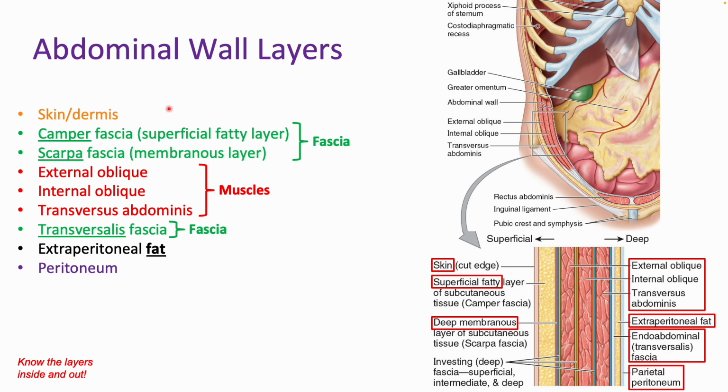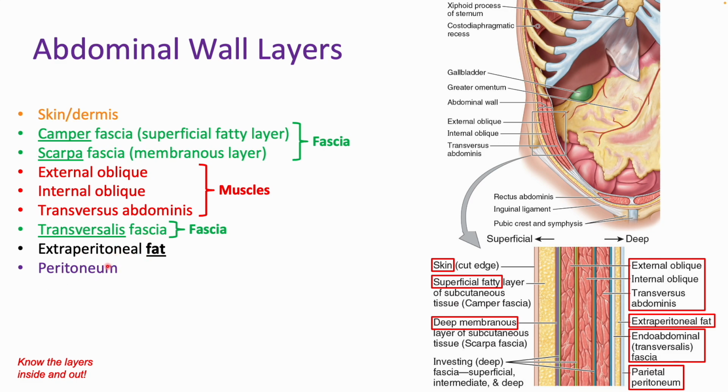A really big focus of this section is going to be the abdominal wall layers. We're going to be looking a lot at this region of the body, and we're going to be looking in from a lateral view. A brief overview before we look at each of the sections, from out to in, superficial to deep: we're going to have skin, or dermis, Camper fascia, which is a superficial fatty layer, Scarpa fascia, which is a membranous layer, our external oblique muscle, internal oblique muscle, transversus abdominis muscle, transversalis fascia, extraperitoneal fat, and then